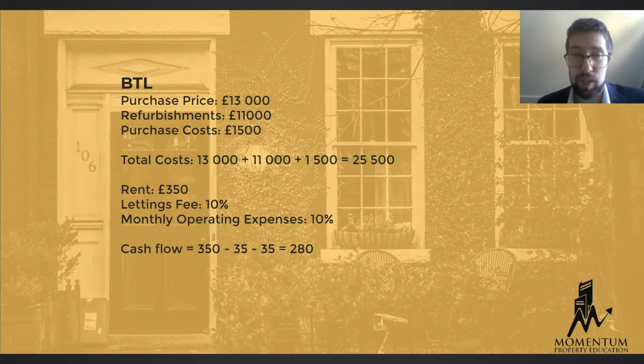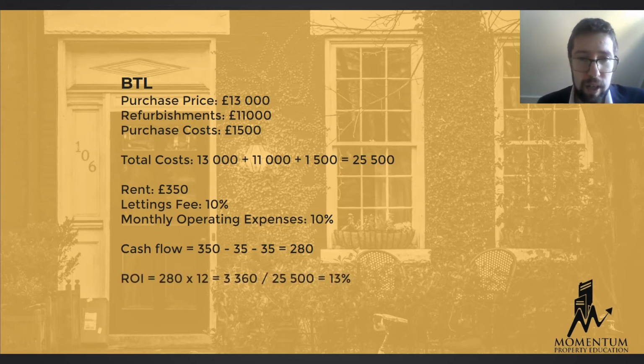So let's see how good the deal is. Return on investment is what we use to compare different deals to each other. So let's take a look. We had £280 per month coming in, 12 months of the year. So every year we're making £3,360. Divide that by what we invested, and we have a 13% return, which is actually really, really good compared to the stock market where the average is 10%. And we got 13%, and actually you haven't even brought in here that we also have capital increase in value. So this property is ticking a stable cash flow of 13% per annum. That is really, really good.